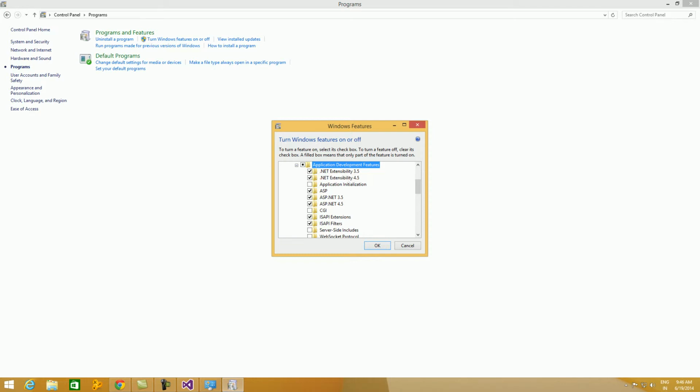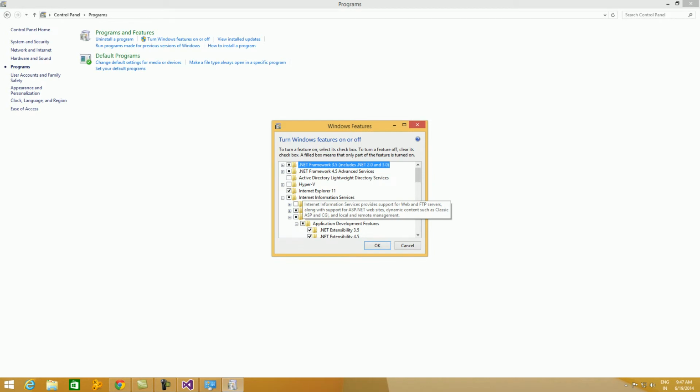Below Application Development Features, you have to select .NET Extensibility 3.5, .NET Extensibility 4.5, ASP.NET 3.5, ASP.NET 4.5, and if you want to use ASP, you can also enable ASP, and you have to select ISAPI extensions, ISAPI filters. And if you are selecting .NET Extensibility 3.5, make sure that .NET Framework 3.5 is also selected.